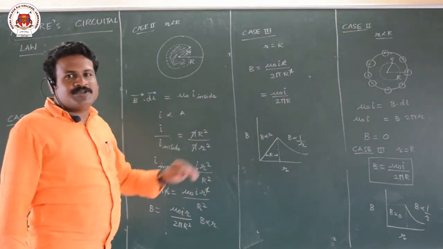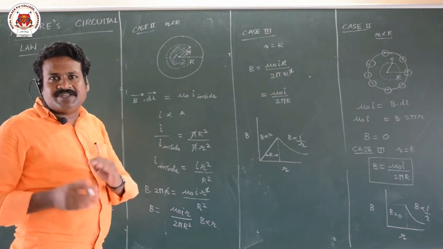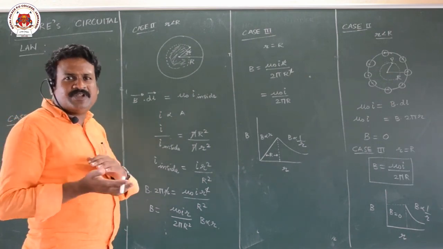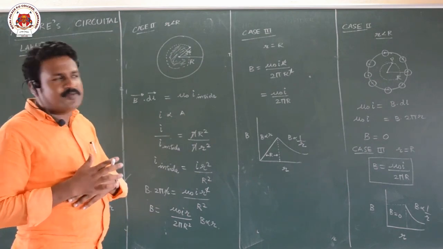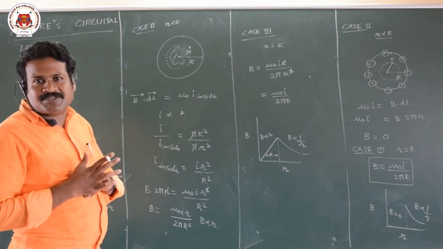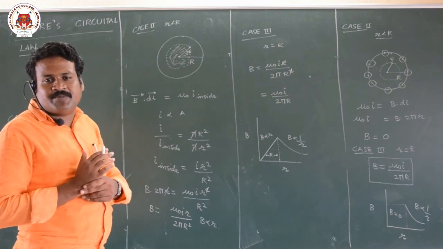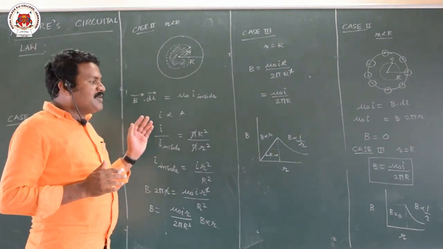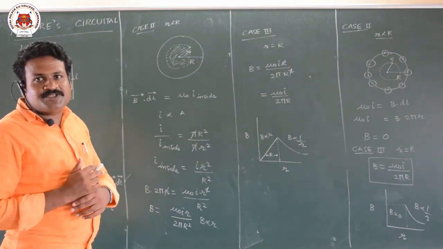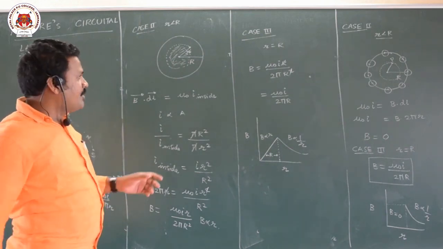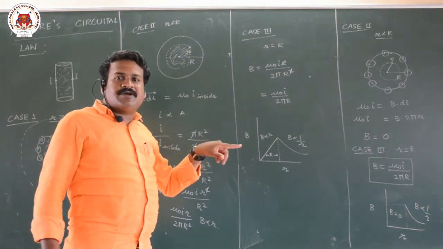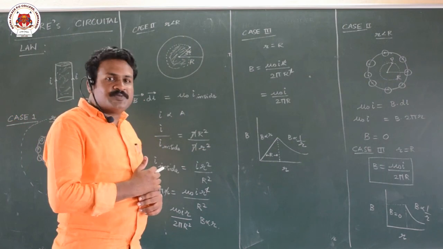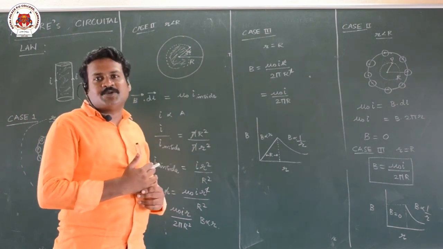Today what we have discussed is what Ampere's law is. It is nothing but another form of the Biot-Savart law. Biot-Savart law and Ampere's law are both the same, but in a few cases we will apply Ampere's law. Those three cases we have discussed. We also discussed the magnetic field due to an infinitely long wire, B is equal to mu naught I by 2 pi r, and inside a hollow cylinder and a solid cylinder. So this is the complete concept of Ampere's circuital law.